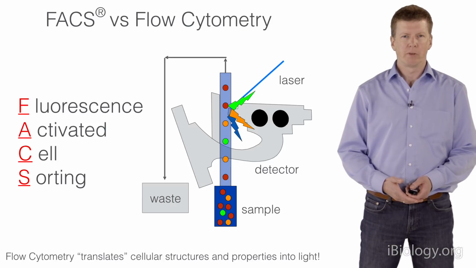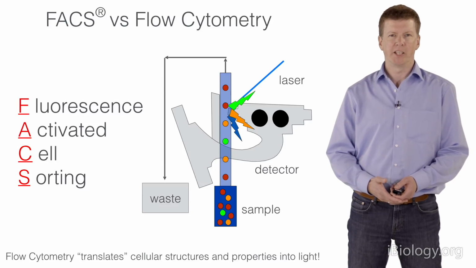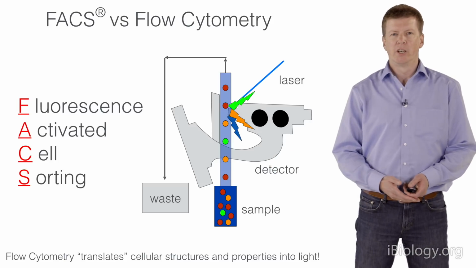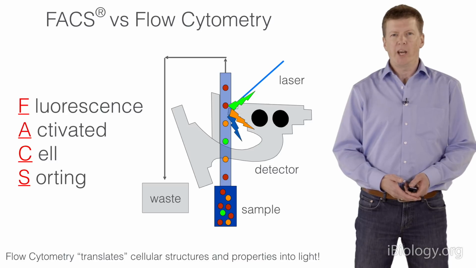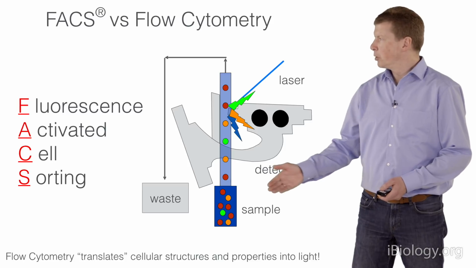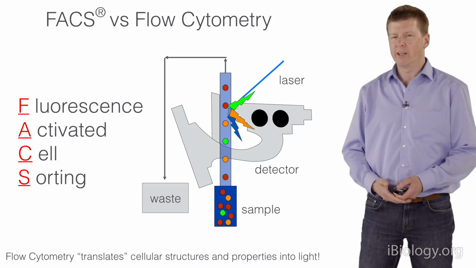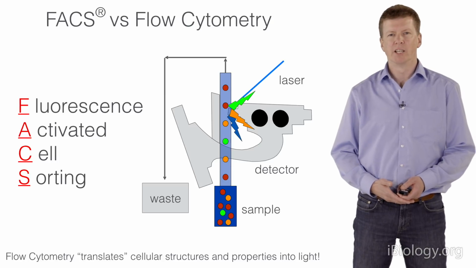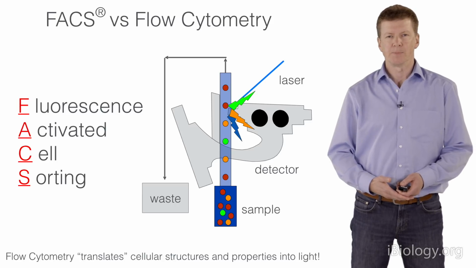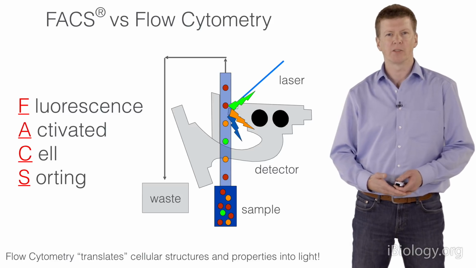So when I'm referring to cell sorting, I mean FACS in its original sense. FACS is the abbreviation for fluorescence-activated cell sorting, and many people say FACS when they just mean flow cytometry, as it's shown here in the cartoon on the right side. So here we have a single cell suspension labeled with fluorescent dyes, which we bring in front of a focused laser beam and the optics, where we are able to detect the fluorescent signals and convert cellular structures into light signals. But by far, we are only analyzing those cells and not doing cell sorting.